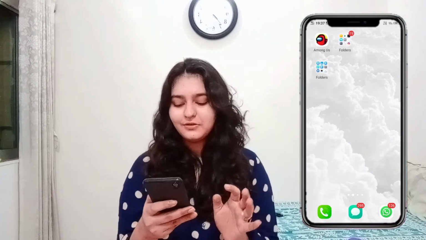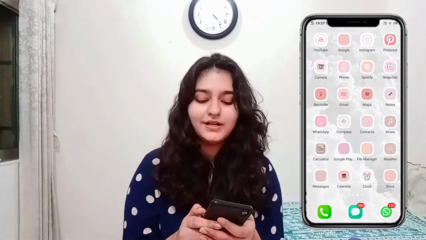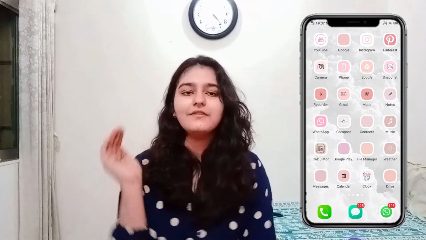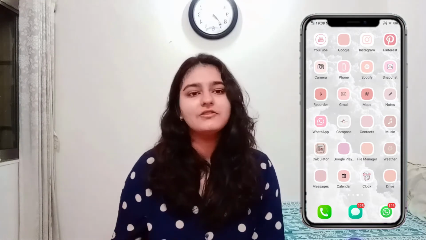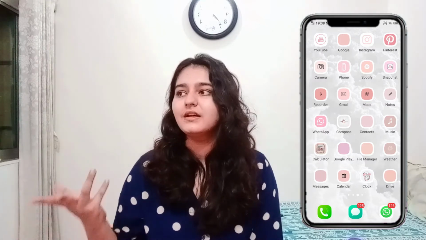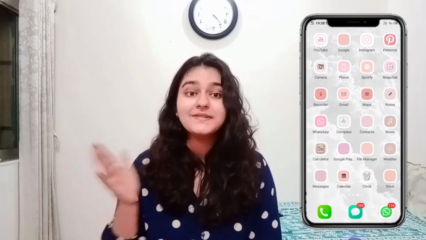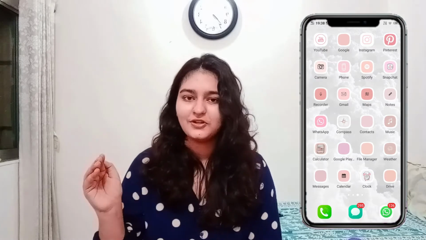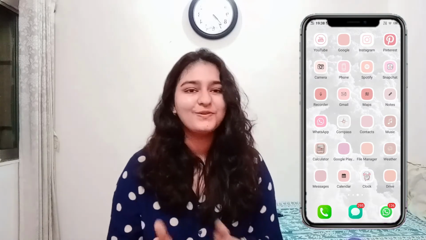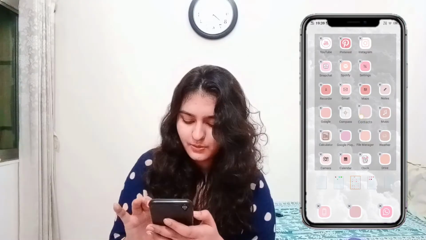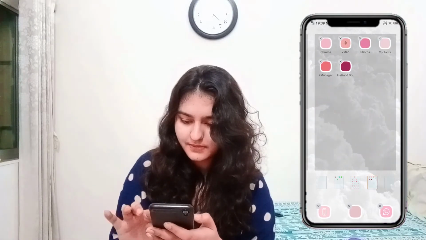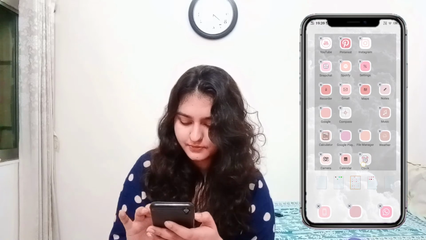So what I'm gonna do is first arrange the apps how I want and then think about the widgets. So on the first page, I'm only gonna keep the apps that a person uses every day, like WhatsApp, Snapchat, Spotify, and all those apps, settings, and all those apps I'm gonna put on the first page, and then we'll see how we want to arrange them and where we want to add the widgets. So let's get started with that. Whatever apps that I'm sure are not gonna be in this page, I'm just gonna drag them and put them on the other page.